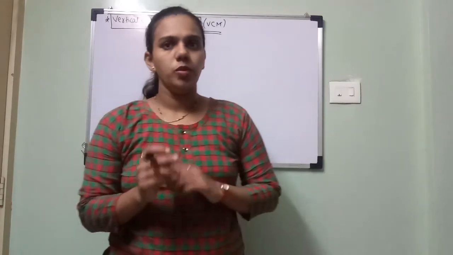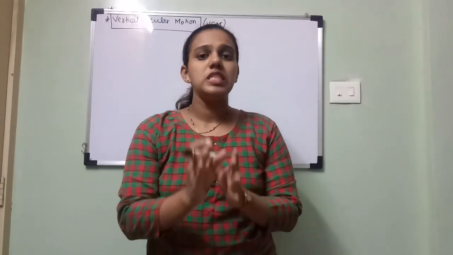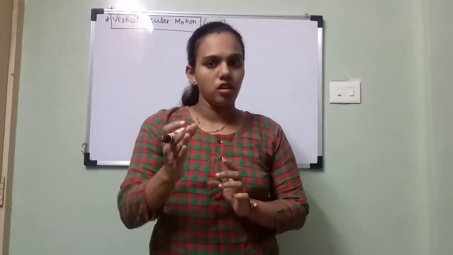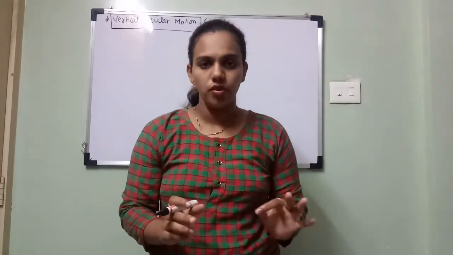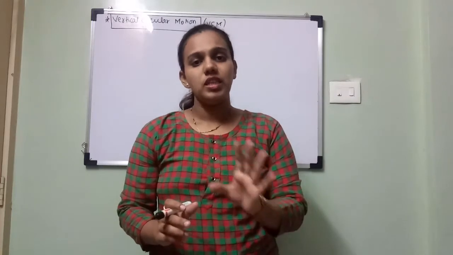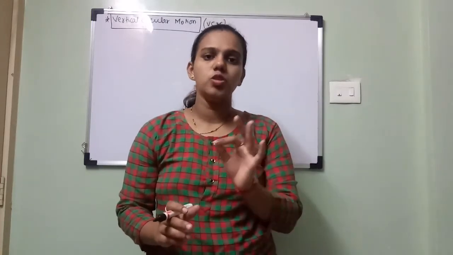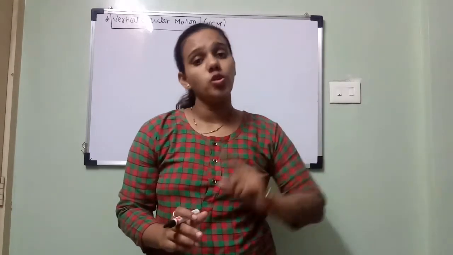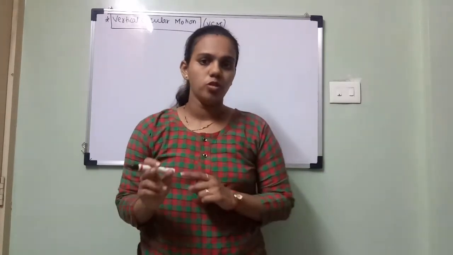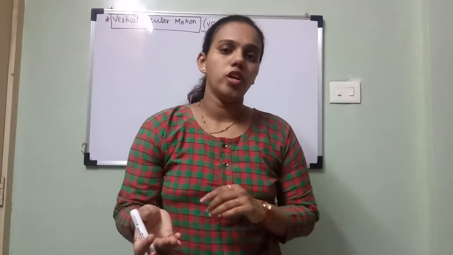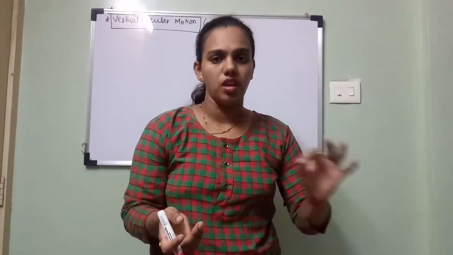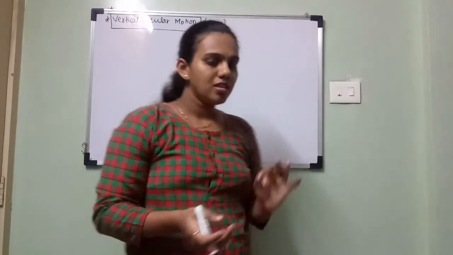First we'll see what we mean by VCM. What is vertical circular motion? If the motion of the body is different at different points on the circle, it is known as VCM, vertical circular motion. At each and every point on the circle, its motion is different, its velocity is different, it has different values of tension, hence it is known as VCM, which comes under non-uniform circular motion. We have seen one of the examples of non-UCM, which is vertical circular motion. Means at each and every point the velocity of the body goes on changing, hence it is known as VCM, vertical circular motion.